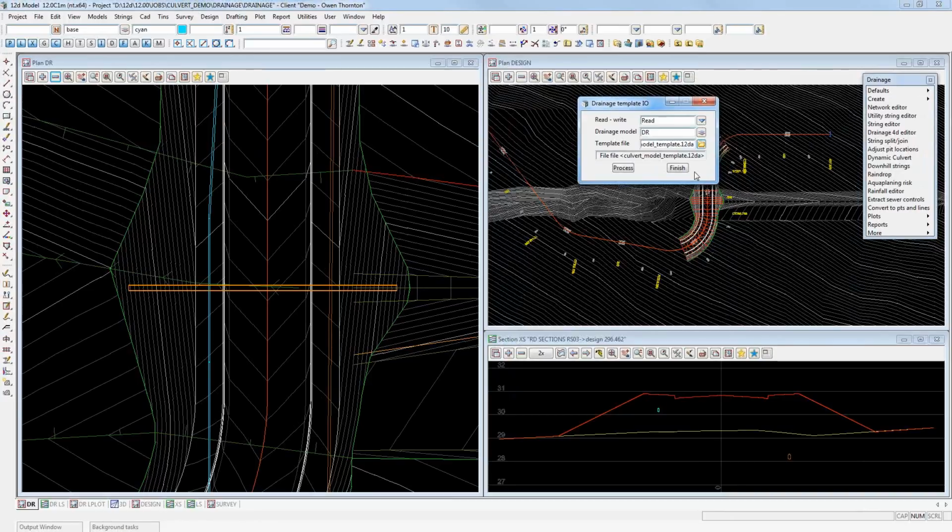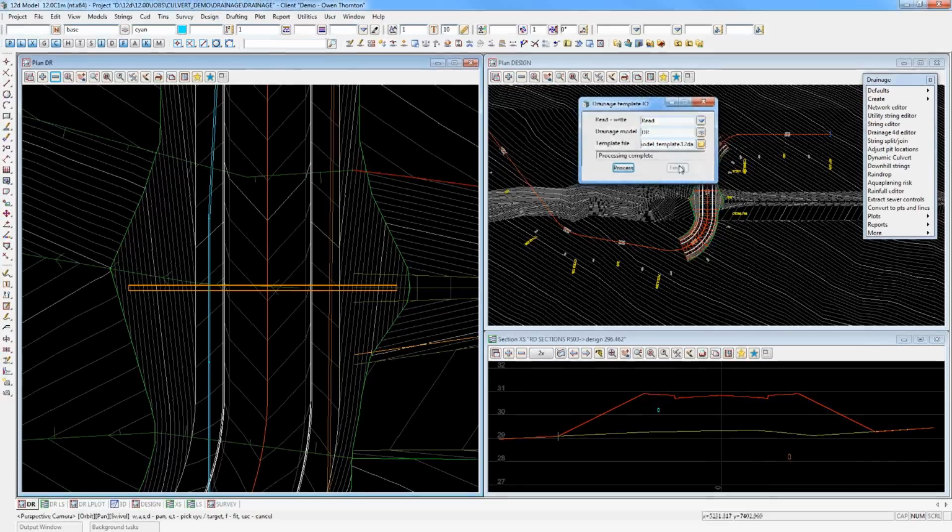Now, if you don't have one in advance, that's okay. After you've set up your drainage model for the first time and got your model the way you want it, you can come back to this panel and write a drainage model template from your drainage model. Effectively, a drainage model template is a 12D archive file, a 12DA file of your drainage model, but without any strings. All it's got is a few hundred model attributes set in there, and they get applied to your drainage model, and they are used by those global and defaults tabs in your network editor, and it can save you a big amount of time. So I'm going to go ahead and hit process there to read that one in,